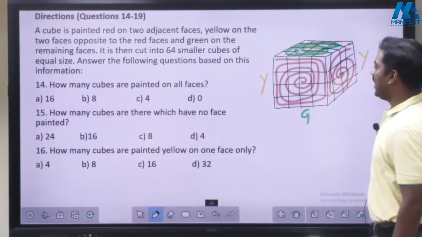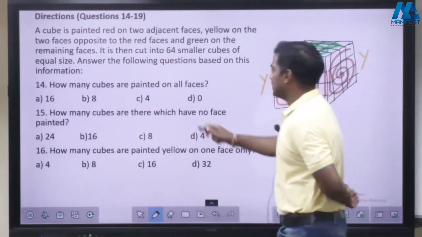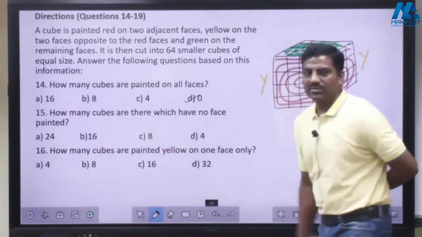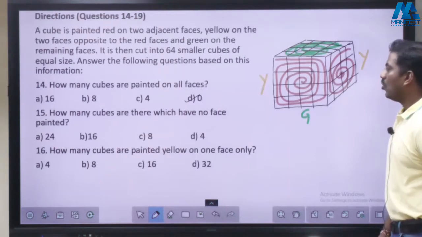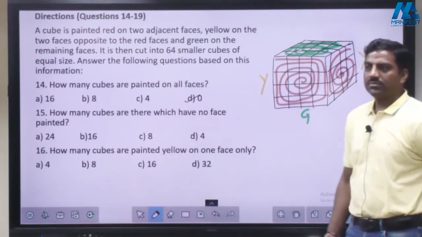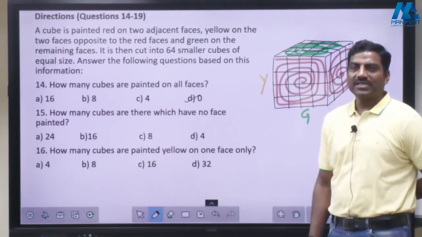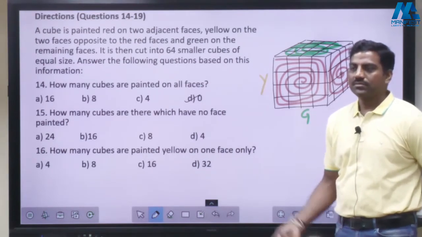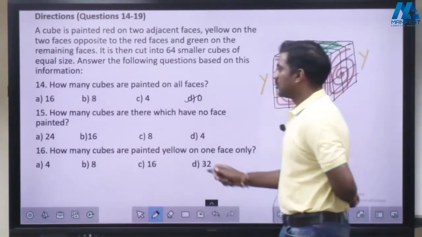How many cubes are painted on all faces? No chance. Only maximum 3 faces. How many cubes are there which have no face painted? Whatever may be the face, paint outside. Inside, it can be anything, right? Yeah. So inside,